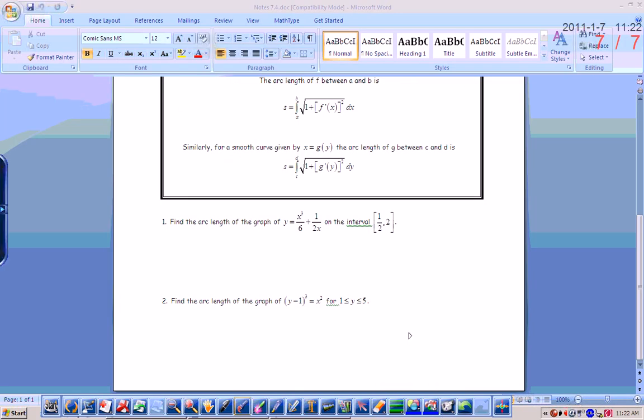Okay, so find the arc length of the graph of y equals x cubed over 6 plus 1 over 2x on the interval between 1/2 and 2. Well, part of the formula is to find f prime of x, so that's what I always start with. So f prime of x